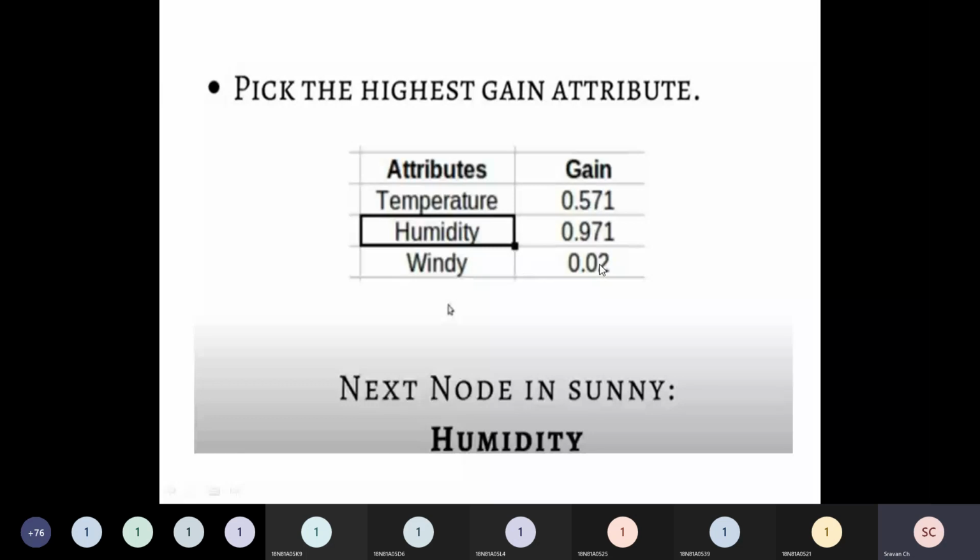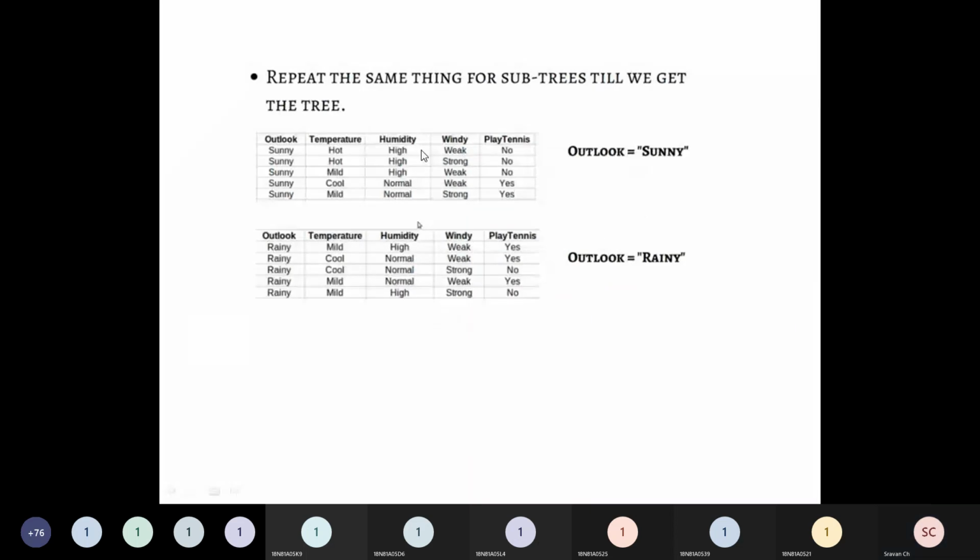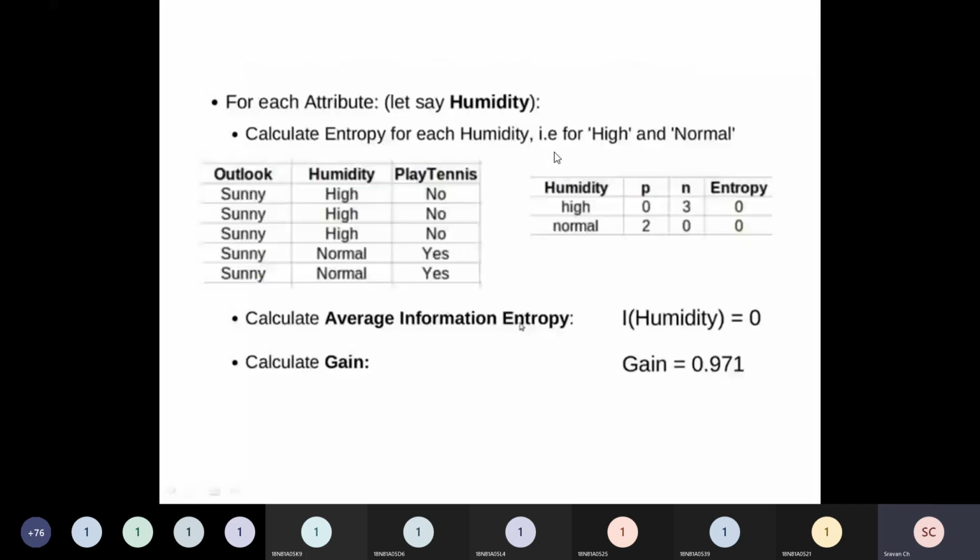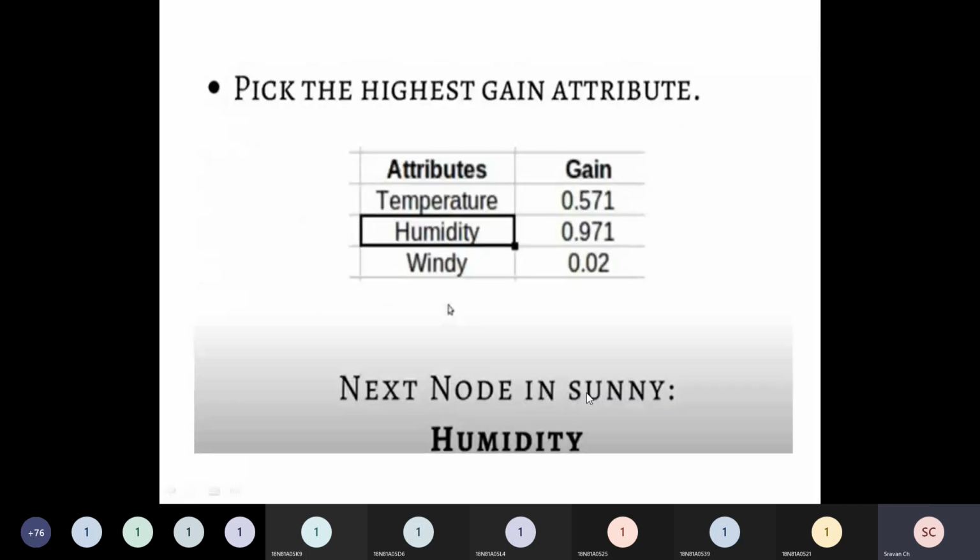Now in these three, what is the biggest value? 0.971, right? And this entire calculation we have done on which table? We have done it on this table where outlook is equal to sunny. Since we have done it on the data where outlook is sunny, my next node in that sunny attribute should be humidity. Similarly,